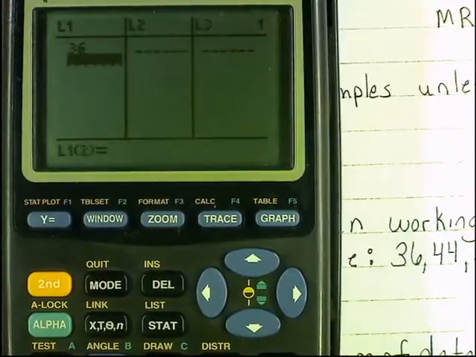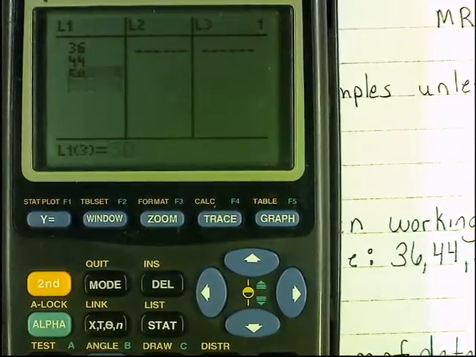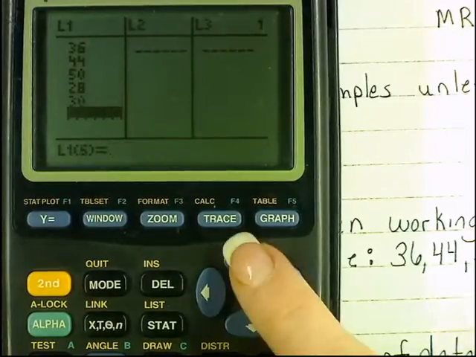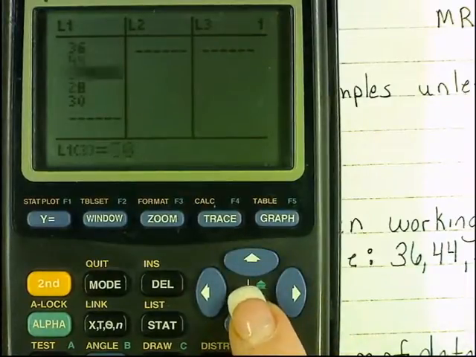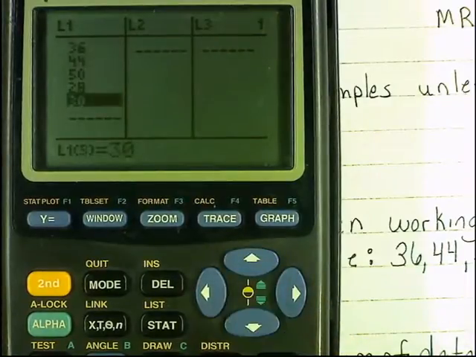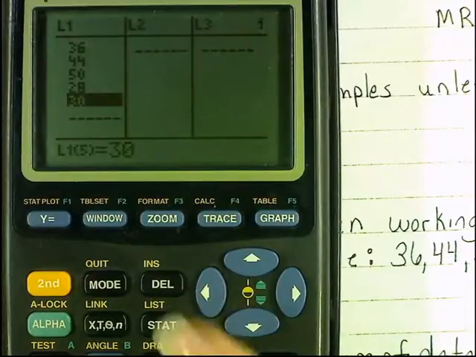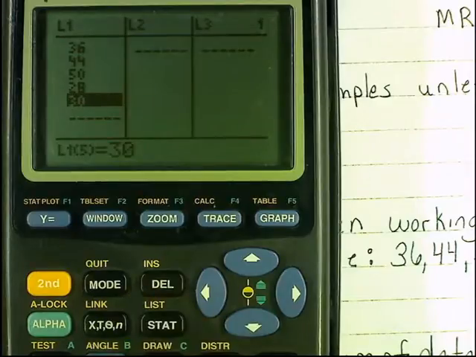36, Enter, 44, Enter, 50, Enter, 28, Enter, and 30, Enter. I like to scroll up and down and make sure that all of the entries are correct. One wrong number will throw off your calculations. Once you have your data in the calculator successfully, and this is what a raw data problem would look like